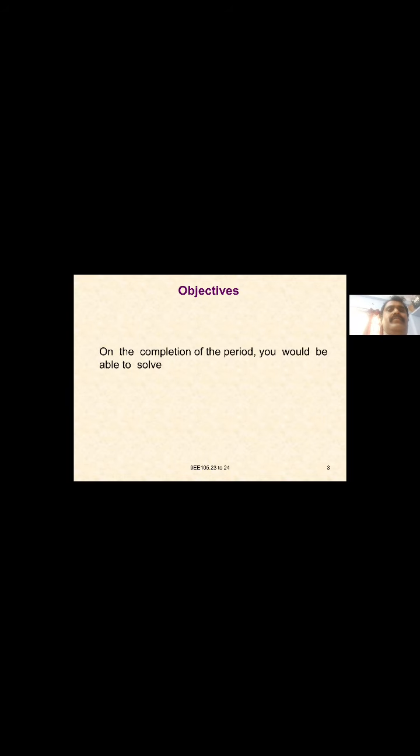Next subtopic is problems on series and parallel combination. In the previous period we have discussed problems on series and parallel combination circuits. At completion of this period, you will be able to solve problems of current division in parallel circuits. Find the current in each branch of the circuit given below.